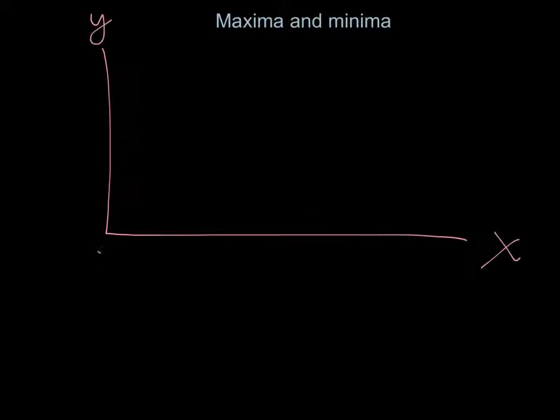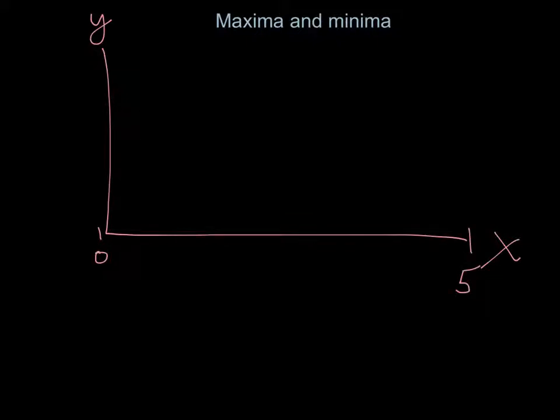Now we actually have something called an absolute maxima and minima. An absolute maxima or minima is the highest or lowest point on the entire function within a certain domain. So if you were to have this graph, and your domain, say, went from 0 here to, let's say this